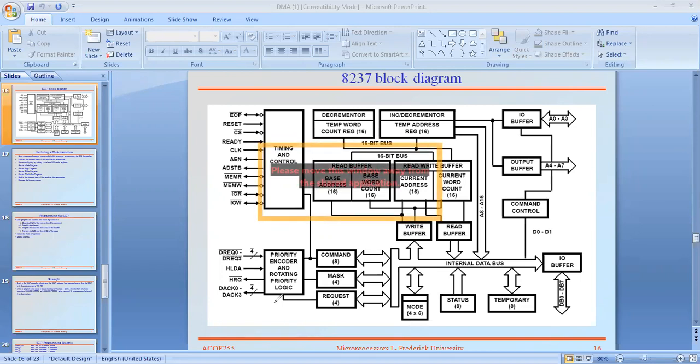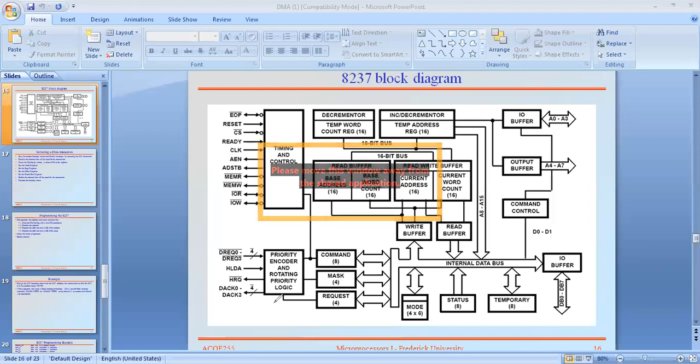Multiple IO devices send their requests, and this priority resolver receives those requests and prioritizes them. Which IO device has the highest priority?